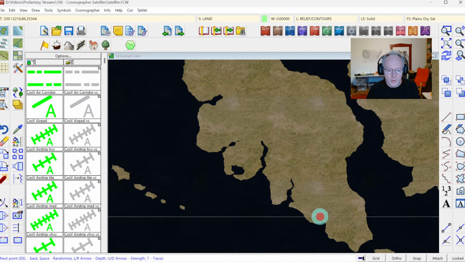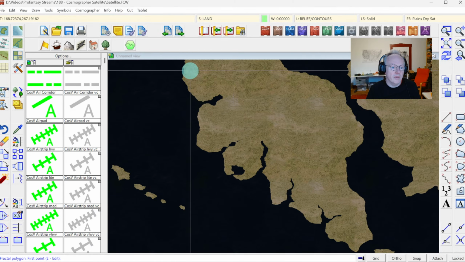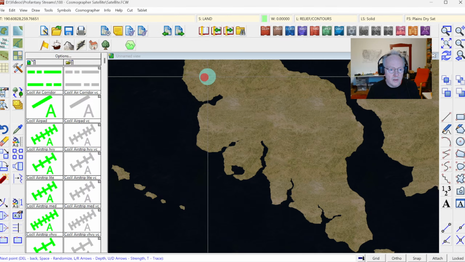This looks like a prime place for a nice little bay. There we go. And you can see already the coastline looks a lot more interesting and also realistic at this point